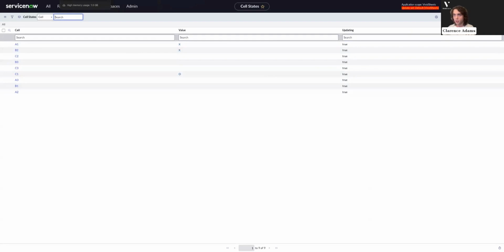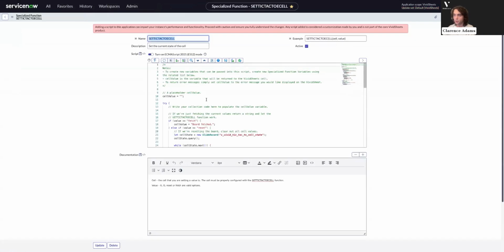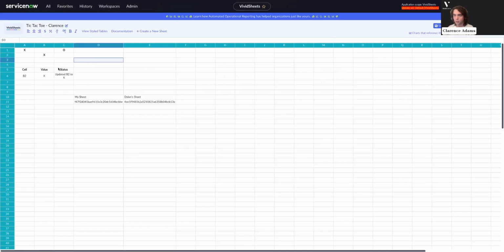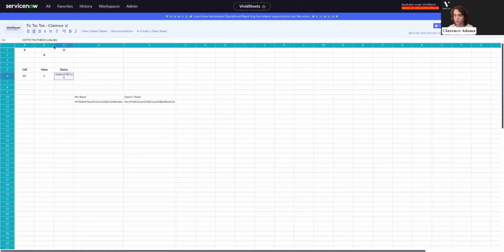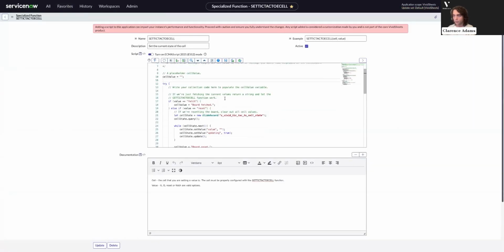Where it gets interesting is the relationship between set tic-tac-toe cell and get tic-tac-toe cell. So this specialized function here actually lives in this status cell, and it has a couple variables. It has cell and value, which I have referenced in A6 and B6 here. And this allows us to do a couple things. We have some